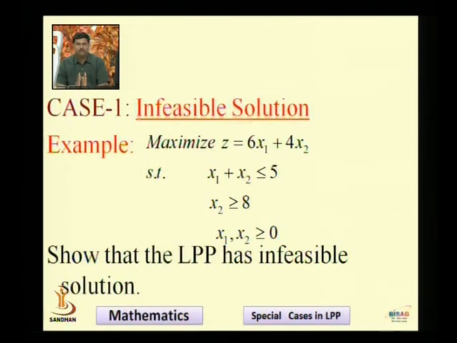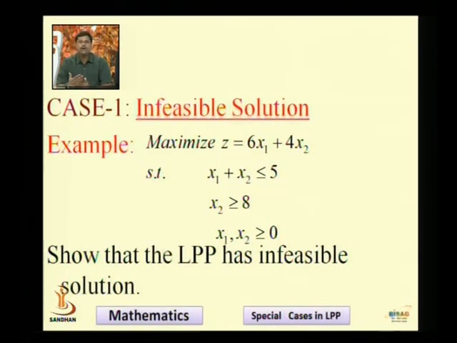When the values of the variables x1, x2, there is no common region between the constraints. You know, in graphical method, when we draw the constraints, we get different lines, and we find the common region by taking the intersection of all these values of x satisfying the given inequalities. And if there is no common region, there is no common solution, then it is called infeasible solution. So in this case, there is no x1, x2 which satisfies.